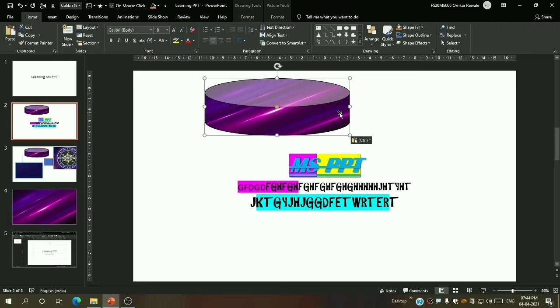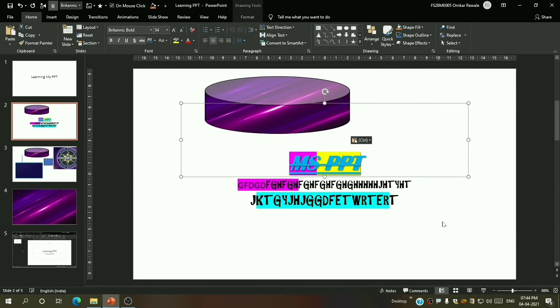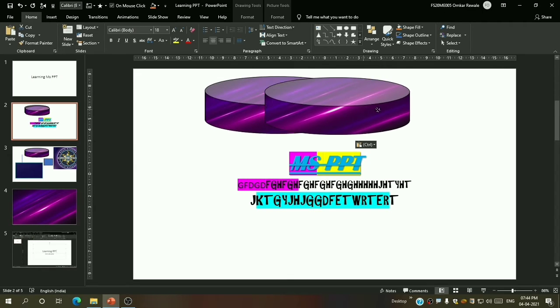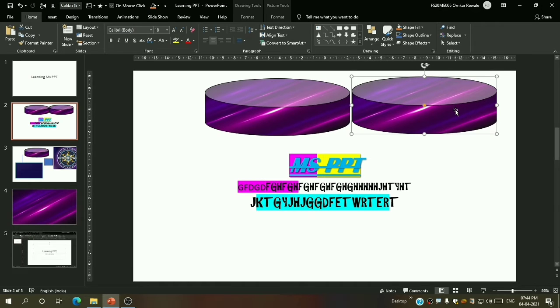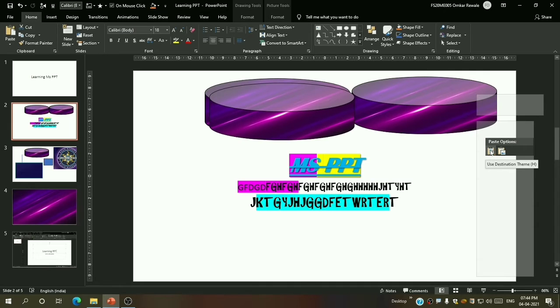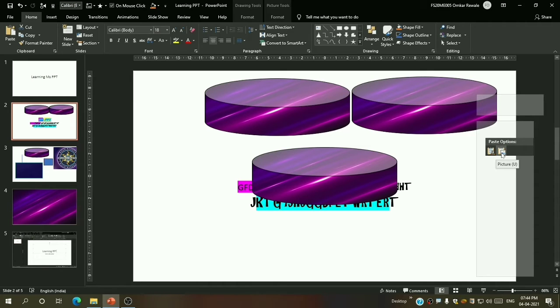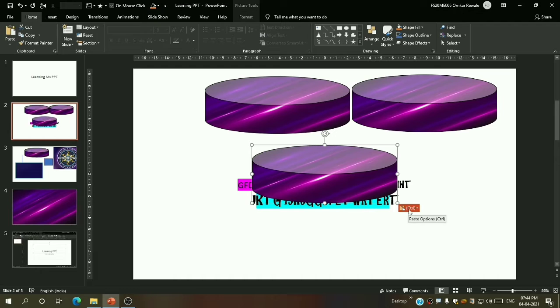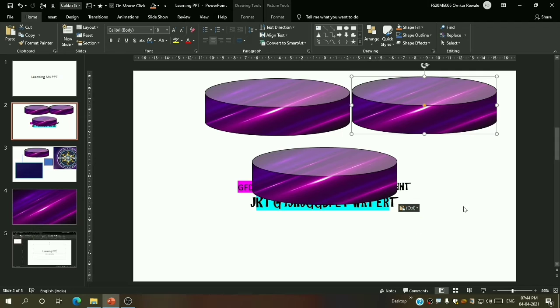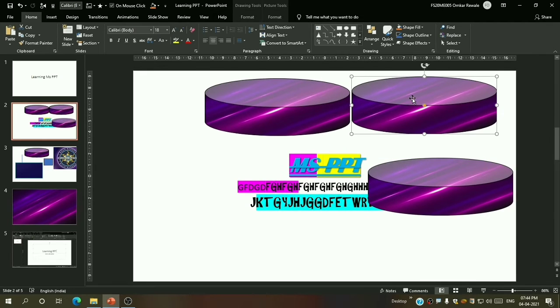Now there are two types of paste options: a formatting option, and the second is the picture option. What are they both? Let me again press Ctrl plus V and bring it aside. Right click over here, and you can see the paste options: picture, keep source formatting, use destination theme. Let me click on picture, or I can do that from here also by pressing Ctrl. What is the difference in these two?